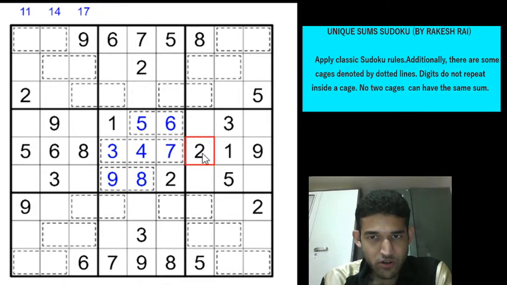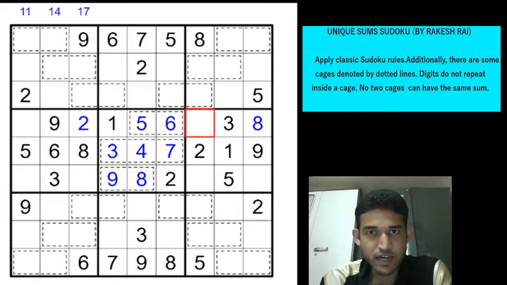Okay, we have a 2 in row 5 and 2 in row 6. So in row 4 there are only 2 cells left for the 2, but 2 cannot be in column 1. So 2 has to be in row 4 column 3. Also we have an 8 in box 4 which means that 8 cannot be in row 4 column 1. Also 8 cannot be in row 4 column 7. So 8 has to be here in that row.